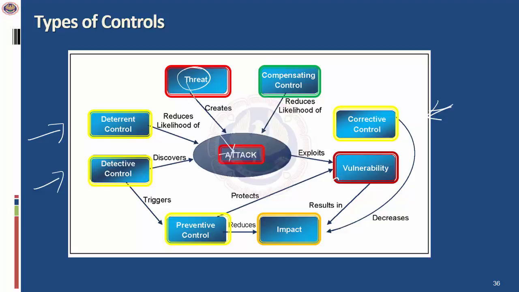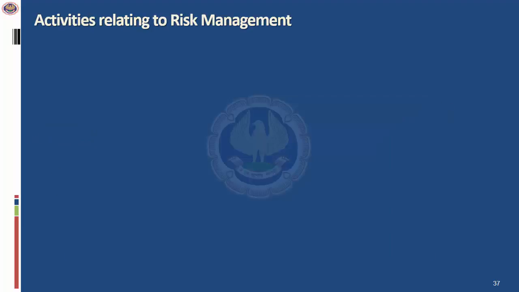You may also have compensating controls which reduce the likelihood. So these are not the actual controls which are there, but these are compensating controls, which means the right level of controls is required but may be too costly, so they may have a compensating control. For example, implementing controls through a physical means may be difficult, so they may have an alternate control through a digital mechanism, or through technology it may be difficult, so they may have a compensating control through a manual control. For example, purchase orders could be modified in the system. So the compensating control for that could be that every purchase order issued within an organization is physically signed by the purchase manager, and only then is it approved.